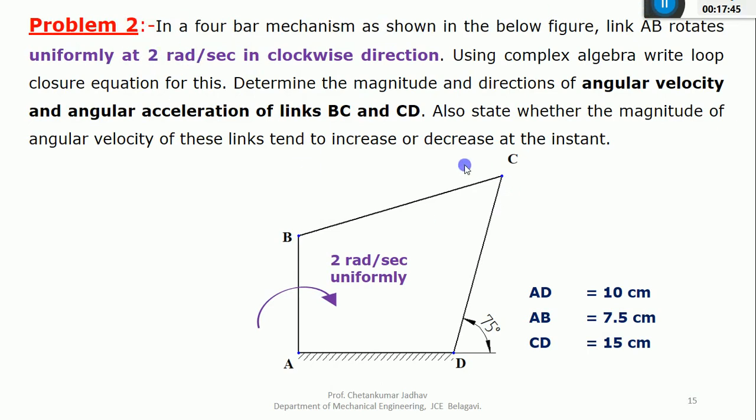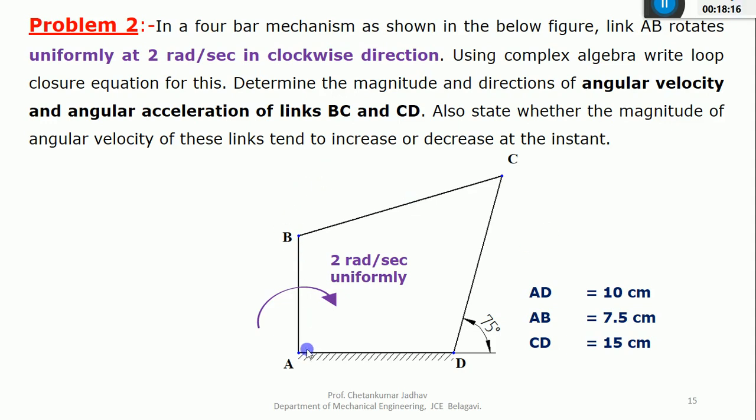So basically, you'll get two types of mechanism for your syllabus. One will be a 4-bar mechanism, and one more will be the single slider crank mechanism. I'll solve only this 4-bar mechanism, and the remaining I'll give as assignment. I'll provide the notes also, because when you practice on your own, then only you'll get the clear idea. Otherwise, you'll not get anything. So in today's class, I'll solve one problem on this 4-bar mechanism, and the remaining problems I'll give as assignment, with written notes also. If any doubts, I'll clarify in the further classes.